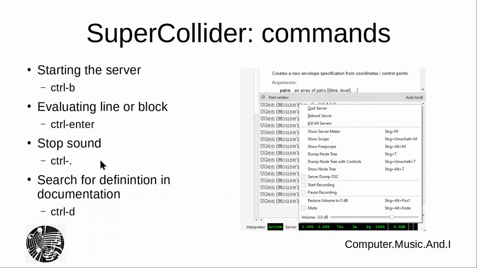Now, once sound is produced, you may stop the sound just by pressing Ctrl dot, and in order to navigate to the relevant information in the documentation, you might place the cursor on some word that you entered into the editor, and then just press Ctrl D for definition, and then the documentation is going to be searched for the relevant